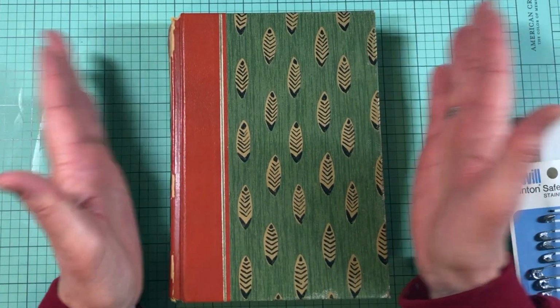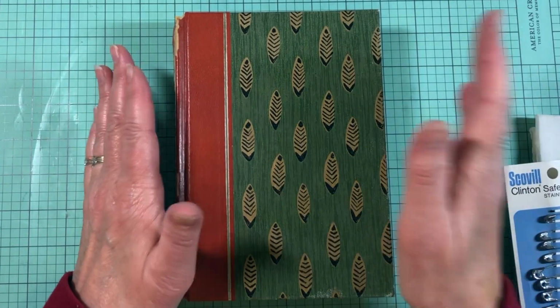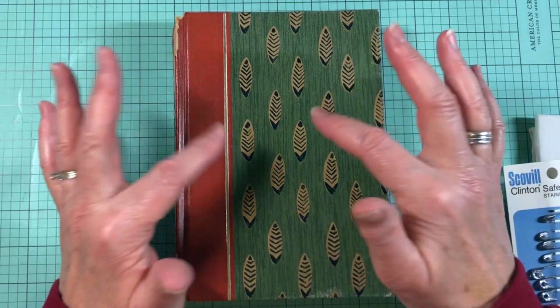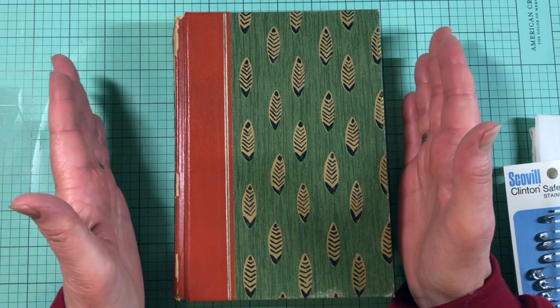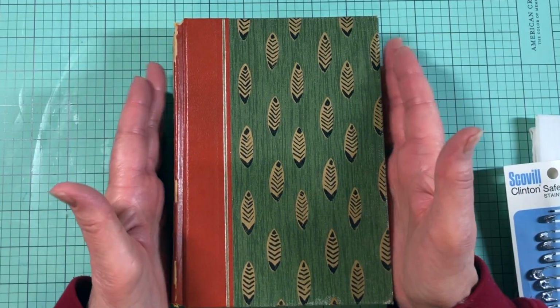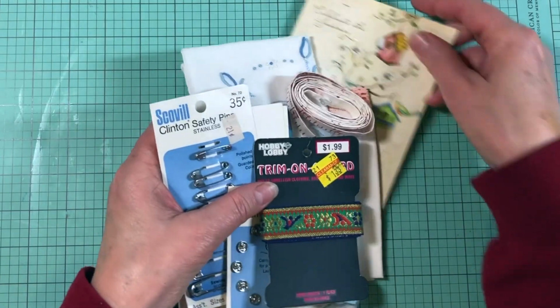For those of you that might be a little disappointed that the hymnal didn't win, don't worry, because we will do an altered hymnal at some point, and it will be a little bit of a different process because the book I'm using today has glued in pages, whereas the hymnal has pages that are sewn in, so the process is a little bit different for the two, but it is still possible to alter a book with sewn in pages. But before we get into that, I want to share a sweet surprise from one of my subbies,